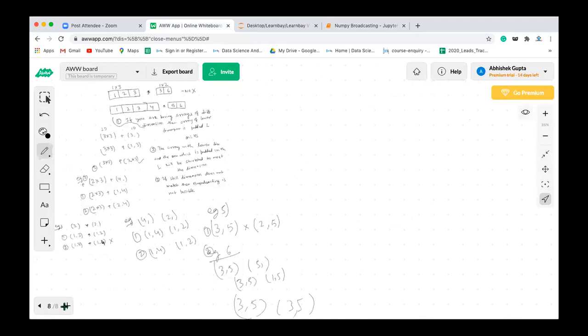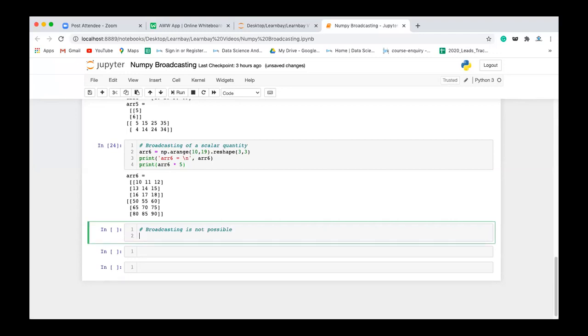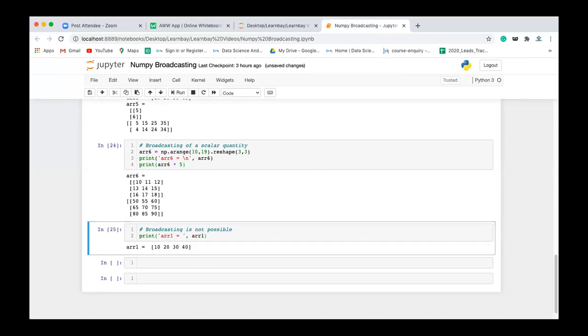Now let's see a few cases where broadcasting is not possible. For example, let's say I take array 1, so print array 1. This is array 1.